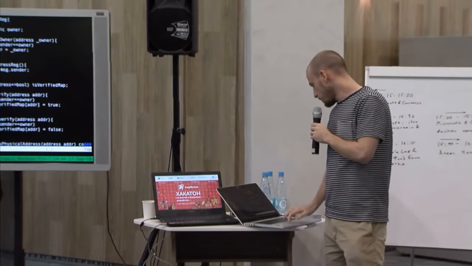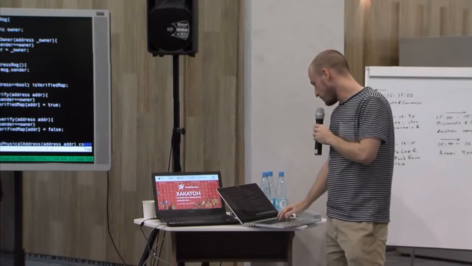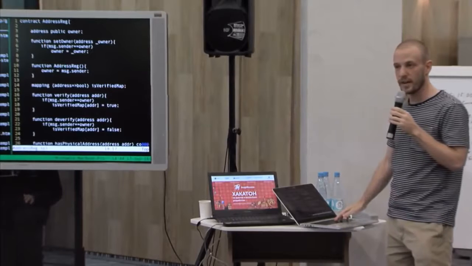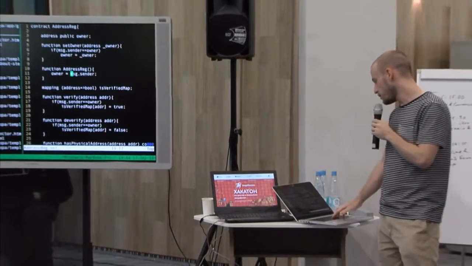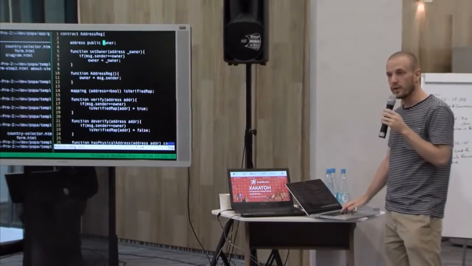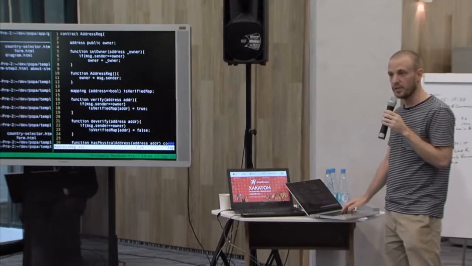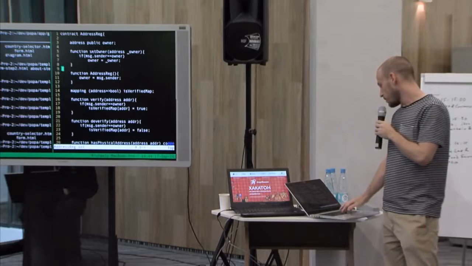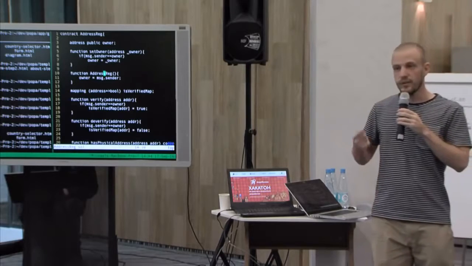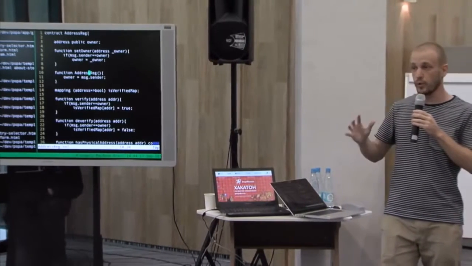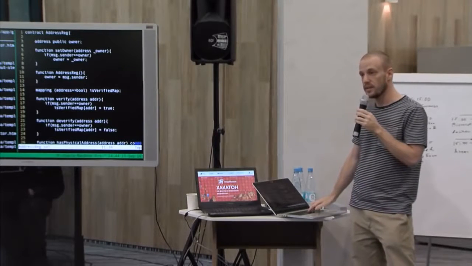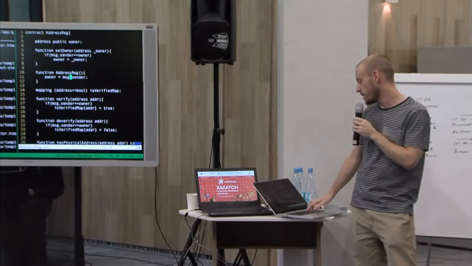So this contract is called address registry. Here's our constructor function. This gets called automatically when the contract is deployed. All we do here, on line 3, we have a variable called owner. An owner is an address, being a public key. When the contract is deployed, for the private key which signed the transaction that deployed the contract, we are able to access the corresponding public key using this global variable called message.sender.